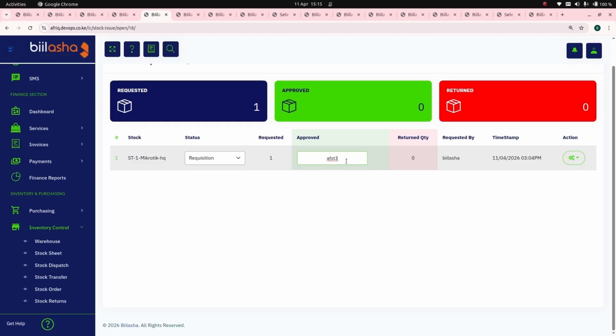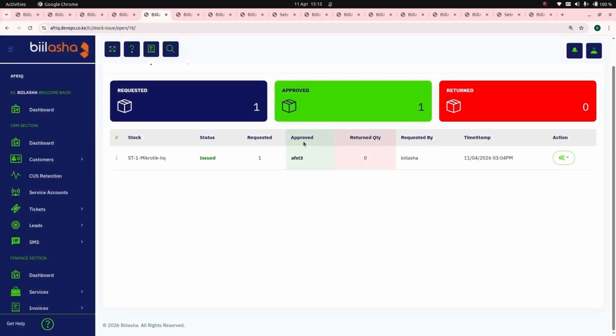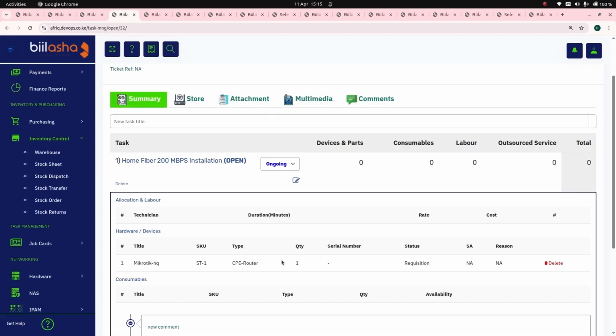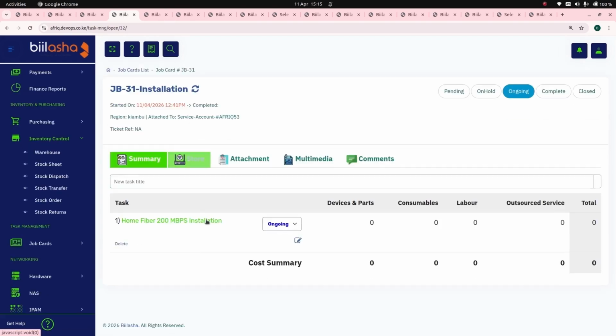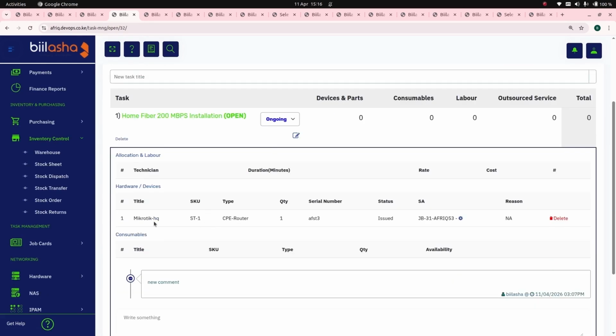You can do this one for as many items as you want. It's pretty easy. So I hit enter and can be able to add that. Let me just refresh so that we can make sure that we have an updated view. You can see this one is approved and the item is issued, and I can no longer issue another one. I can only issue one. Going back, I'm just going to fetch this to get it to update, and as you can see, now